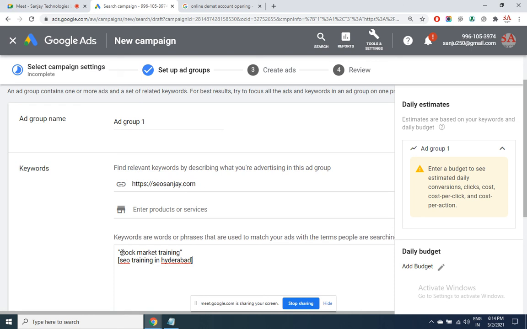With broader keywords there may be several hundreds of variations within a single keyword, so your reach is going to be broader, no doubt. With the exact keyword, your ad will get displayed for only that one query, and the search volume may be low. By that way the conversion may be low, but the cost of acquiring that customer is also very low. So start with the exact keyword modifier, which is the safest option. Then gradually move to phrase. Then from phrase you can move to broad. That's the hierarchy.